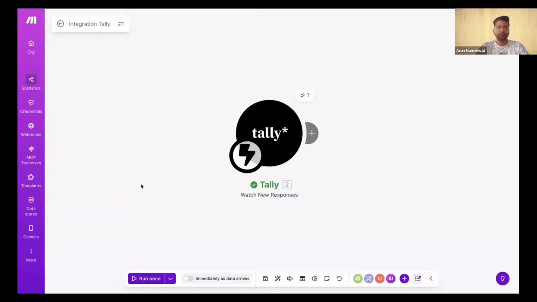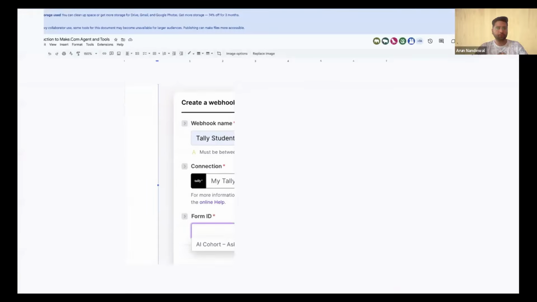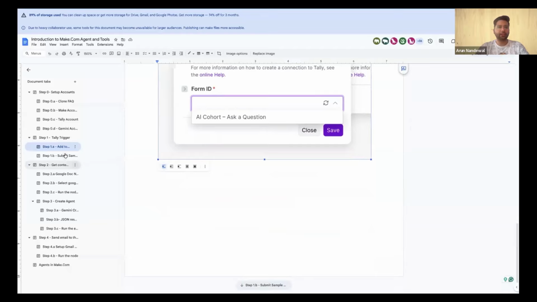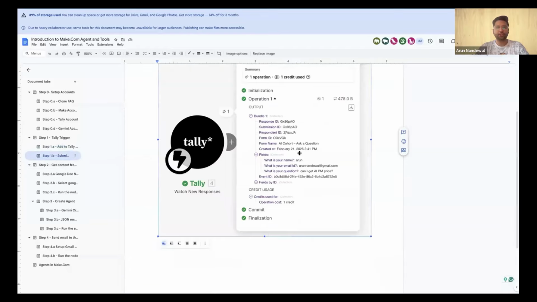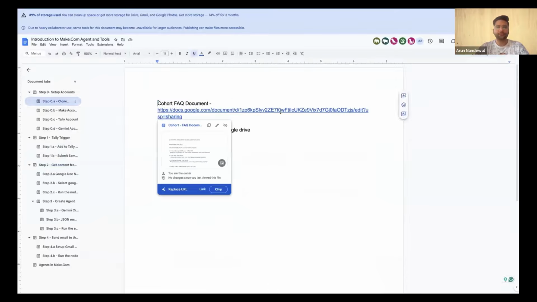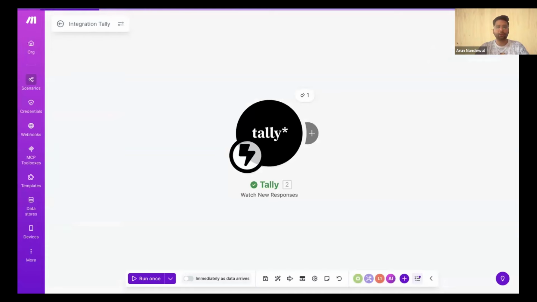Okay, 21, 22. Great. So your document, if you see, this step is done. Step 1A, and you're submitting the response and you're getting the responses, right? So this is working fine. Let's get to step 2, where we have created a clone. I'm hoping all of you have cloned this FAQ document, right? And in this FAQ document, it is there in your drive. Now what you need to do is, and I'll show this again,